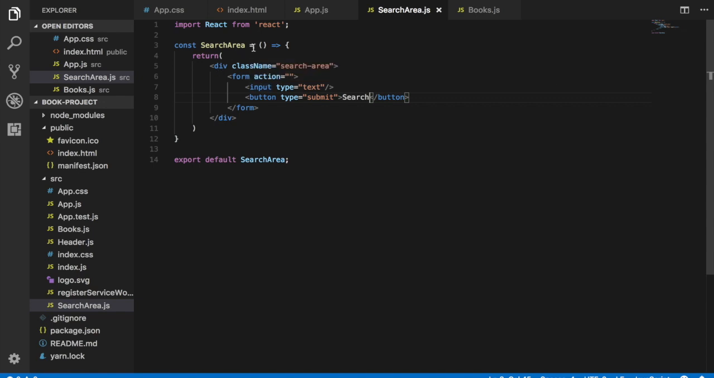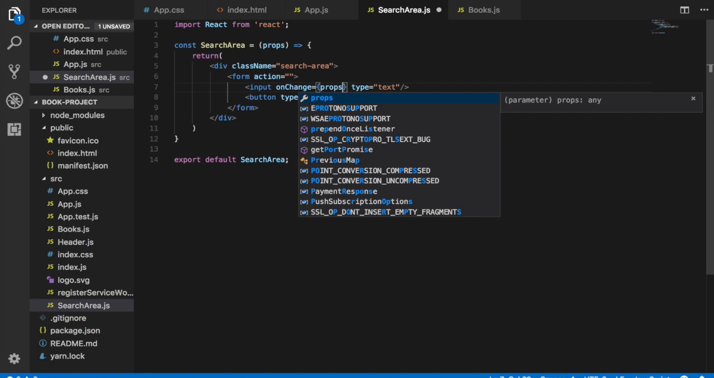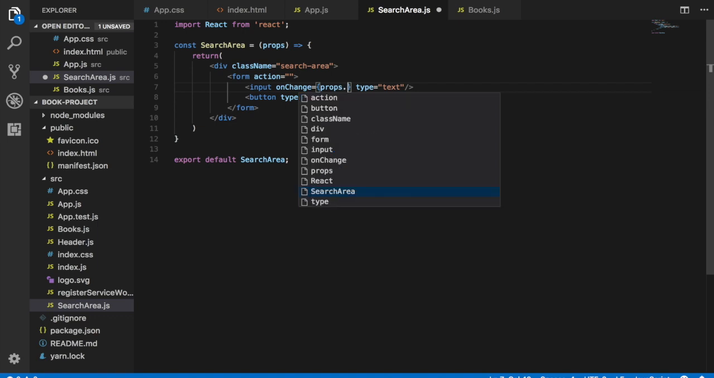And so what we want to do here is in our search area component, in our parameters, we're going to do props, so that way we can access the props that were passed down from our books component. And on our input, we're going to add the on change property. So every time someone types into the input, this on change will fire off whatever we passed in here. So in this case, remember, we have our method that we want to fire off whenever somebody types in the input box. So we'll just do props dot